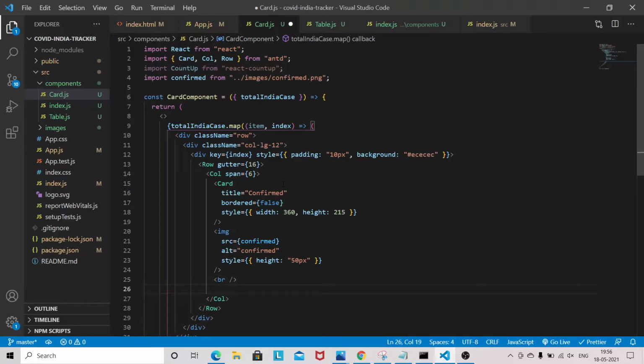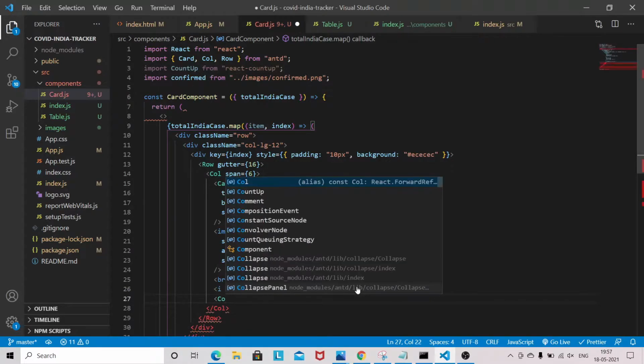And we need an icon here, arrow up, and then we need a count up.